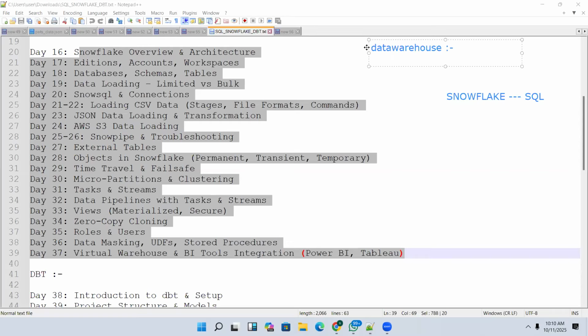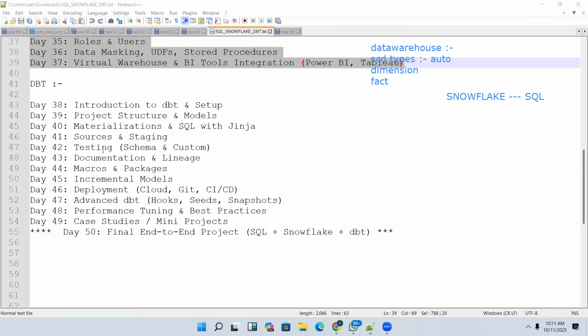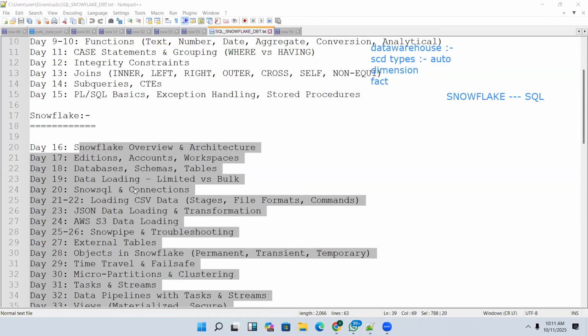What is a dimension table? What is a fact table? I'll explain the SCD types and how to automate them, and also how to create relationships between dimension tables and fact tables. I'm going to explain it definitely.